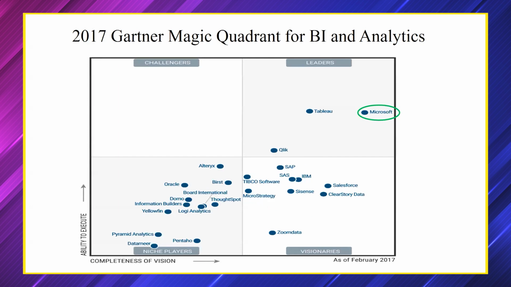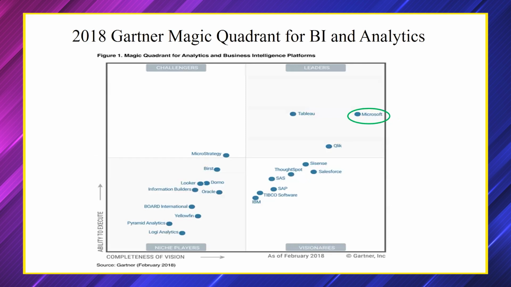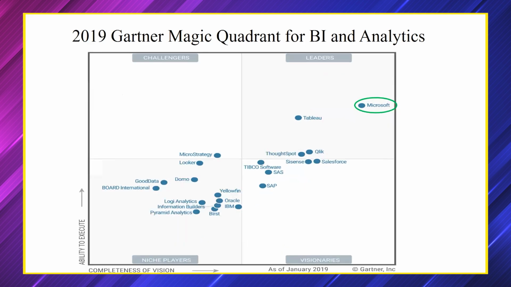Now it has reached a position where both are running for the same place, but we don't know who was on top. So it has come to the same place where Tableau was. That was 2017. 2018 did not have much change, but it started to overtake Tableau. From 2018, the rest is history.